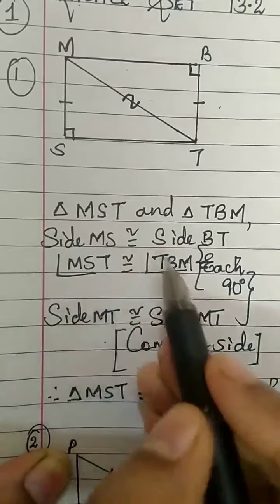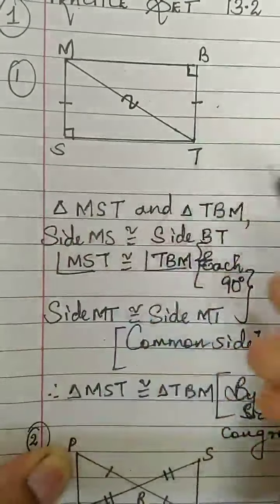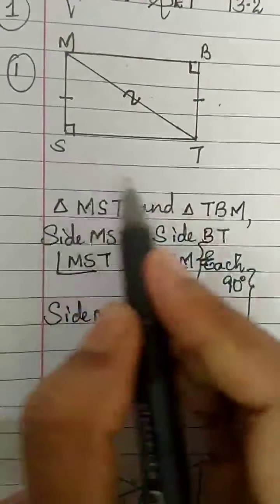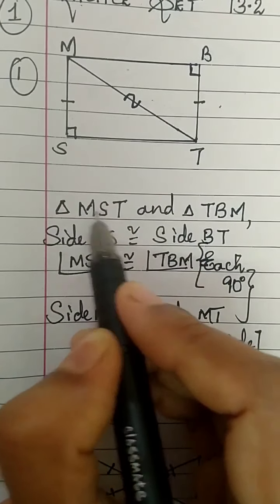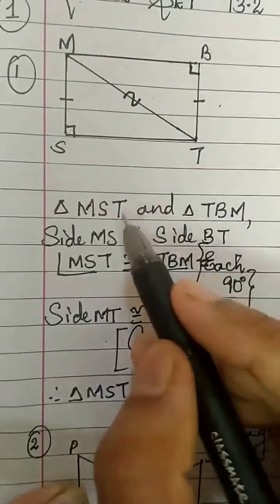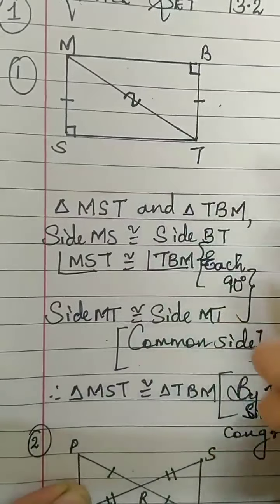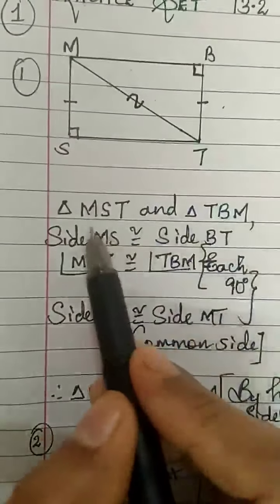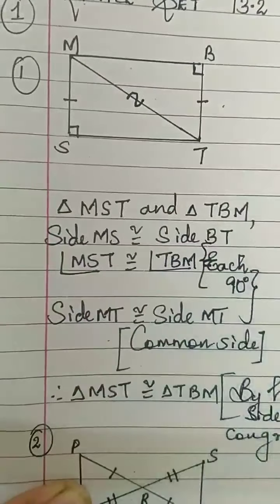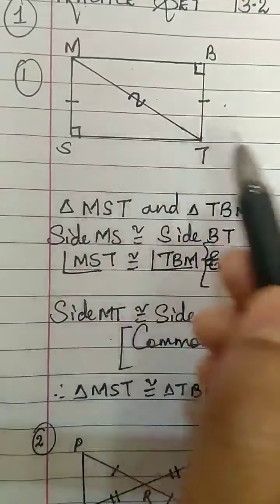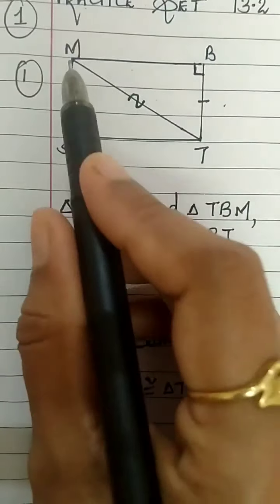Now one angle we have already taken, the 90-degree angle. Which are the remaining angles here? A triangle has three angles, no? So which are the remaining angles? Angle SMT, from the name itself you can tell, second, first, third. In the same way, BTM. Angle SMT congruent to BTM. Just by looking at the names of the triangles you can write this, if you have written the correspondence correctly.